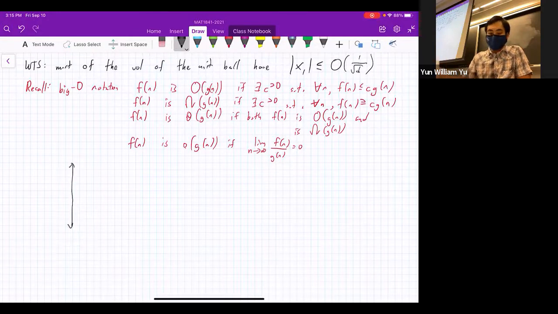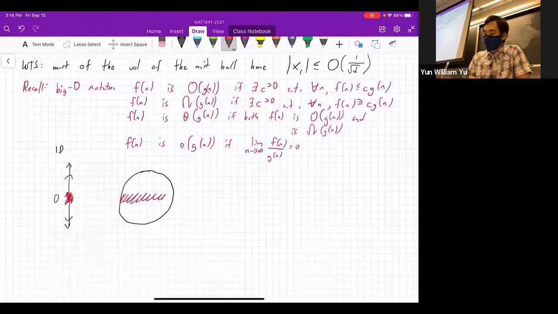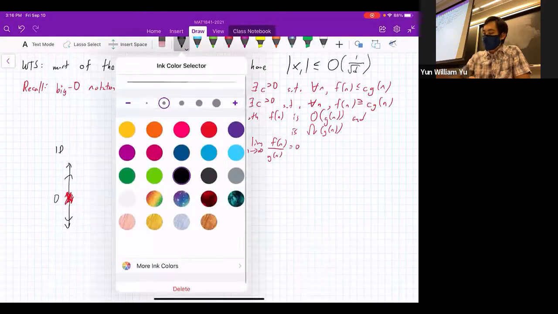Well, let's start by drawing this out. I don't remember if I drew this last time. So if we start in one dimension, and we want to look at the equator, that's basically all the regions around here. I've drawn this vertically just so that it's a little bit more obvious what the equator is. So that's the 0 point, and this is the amount of stuff that's near the equator. Whereas if we're in 2 dimensions, then we have all of this stuff that's near the equator. So this is in 2D. And in 3D,